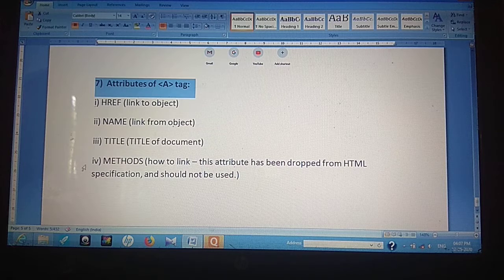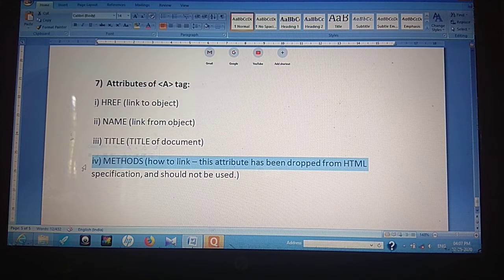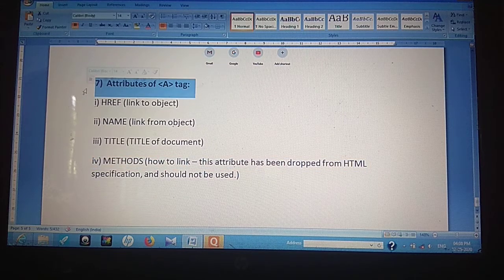Basically methods are used to include executable exe files in HTML, but now it is deprecated, it is not used so much. So just remember it as an attribute of the a tag. If they ask you what are the attributes, you can give these four names. Otherwise methods and title we don't use.